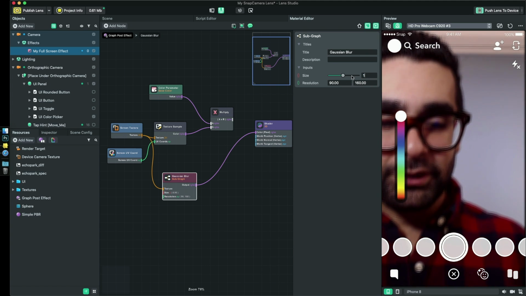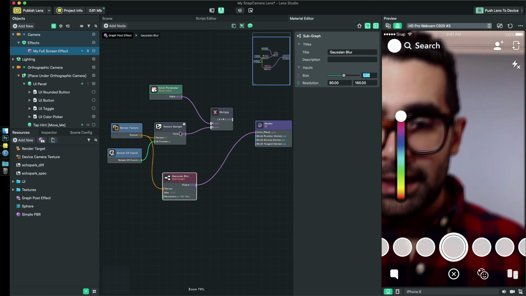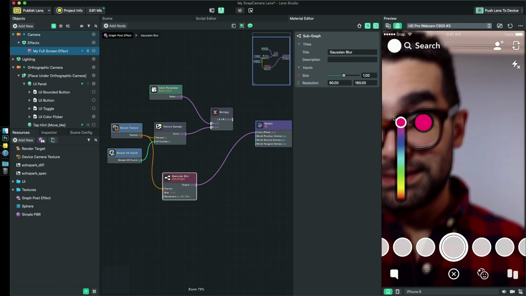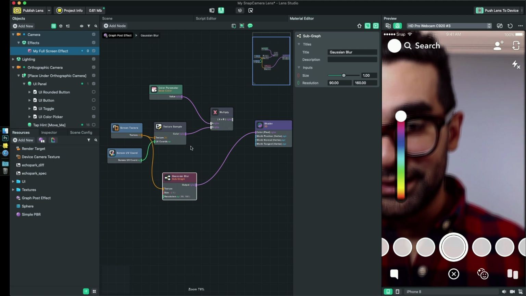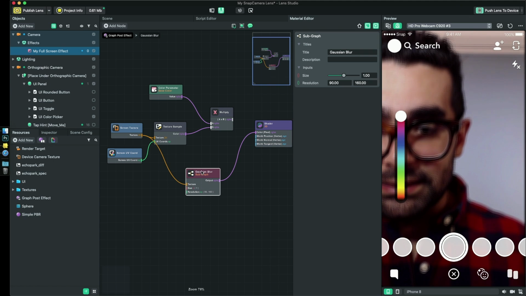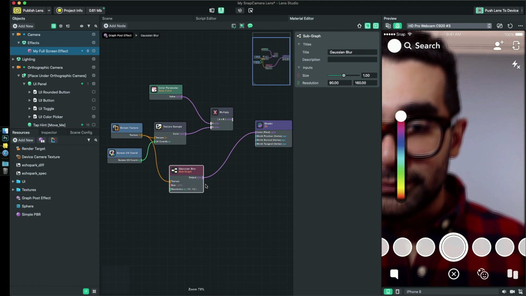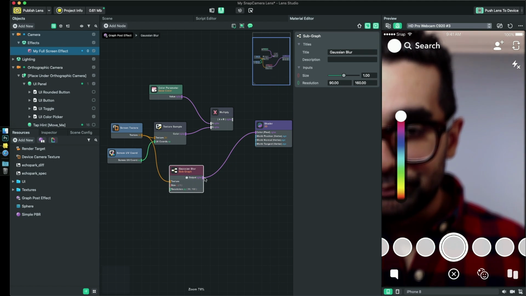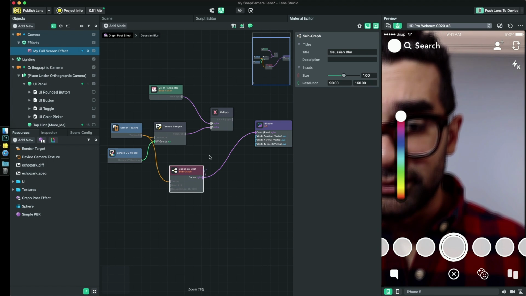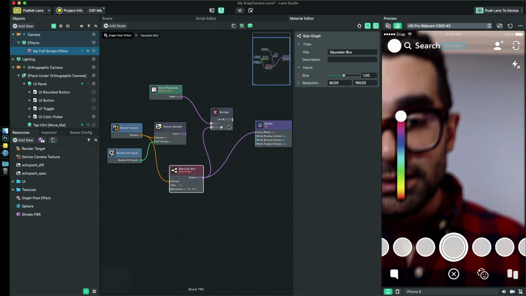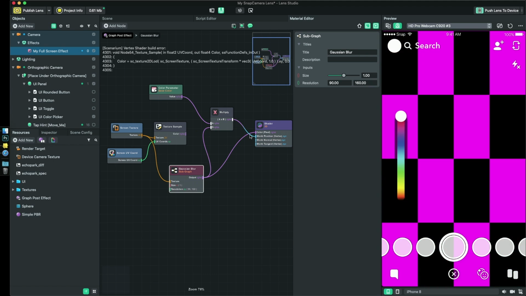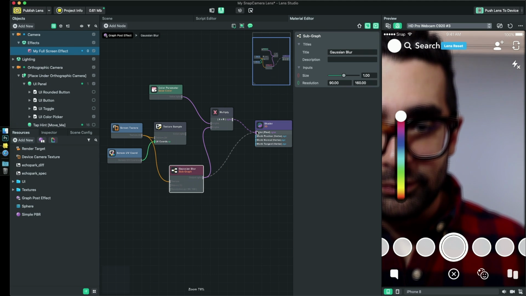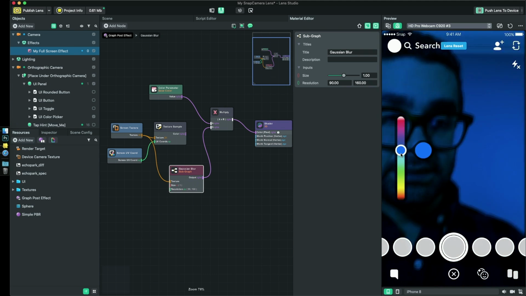I'm gonna put it for 1 for now, and then now you can see it's not working anymore. The reason is because there's no more color multiplication applied. So I'm gonna connect this, and I connect to the wrong one, and now you can see you have a blur